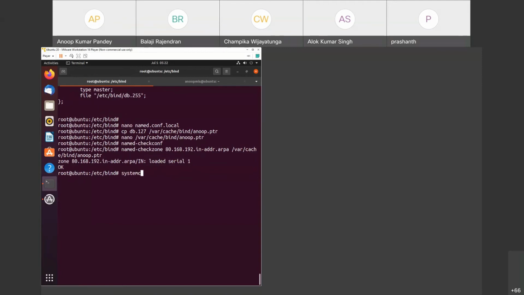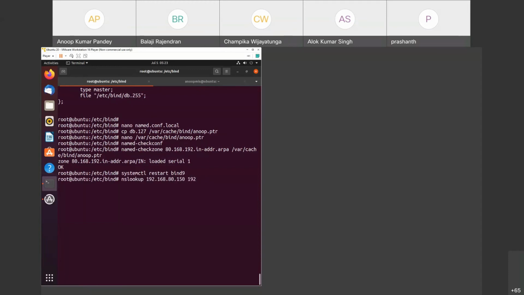Let us restart my bind server. So systemctl restart bind9. And after that, I can do the reverse query. So how do I do the reverse query? So I will write the IP address instead of the domain name. So 192.168.80.150 space localhost. But localhost won't work because we have put the listen-on option.